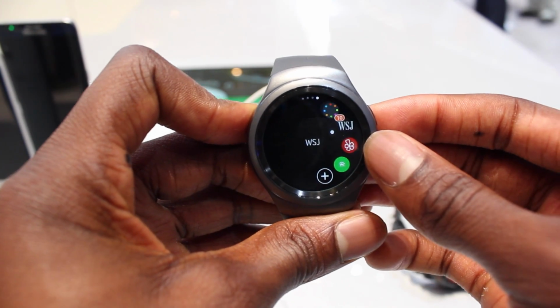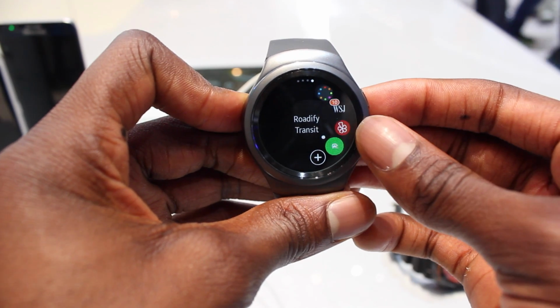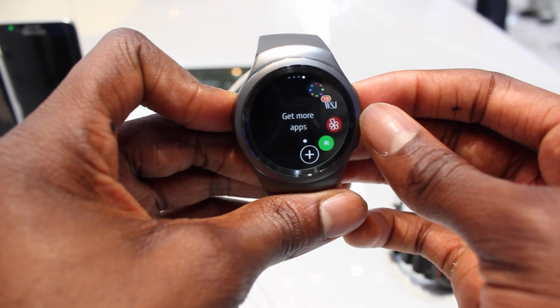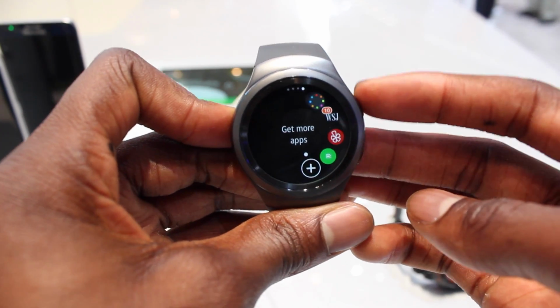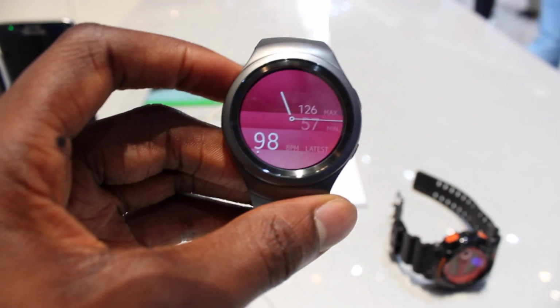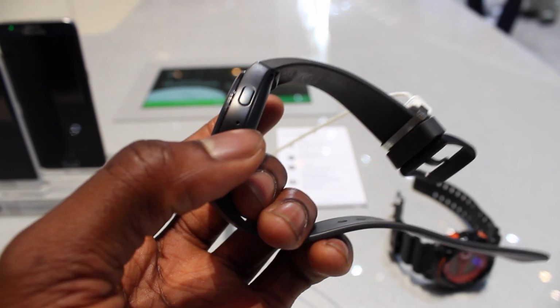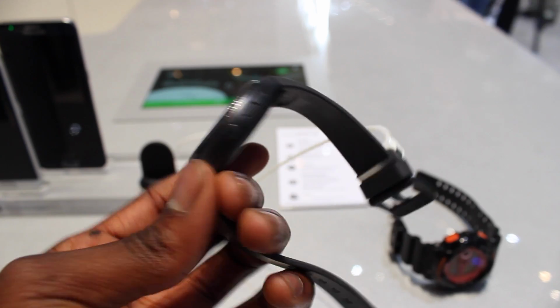So we have Previous Page, the Wall Street Journal, we have Yelp, we have Roadfire Transit. We just have different apps, and you can actually get more. And I believe that might connect you to some sort of app store. Other than that, that's all the buttons you are going to find on the Gear S2. They've kept it pretty simple. I believe that's a microphone, and on the left side there's actually no buttons. It's just a full circular